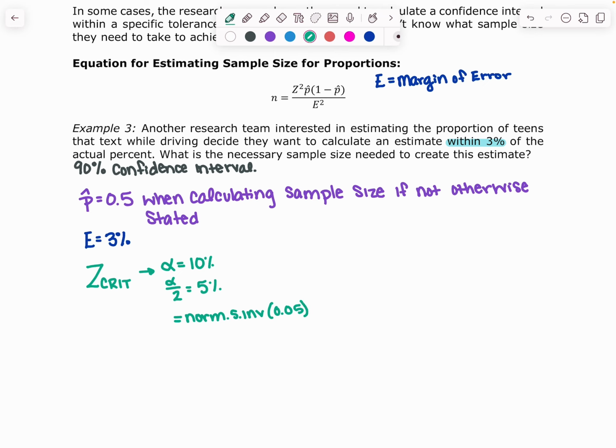Alpha is 100 minus 90, and then we divide that by 2, and that's what we plug in to norm.s.inverse. When we do that, we get negative